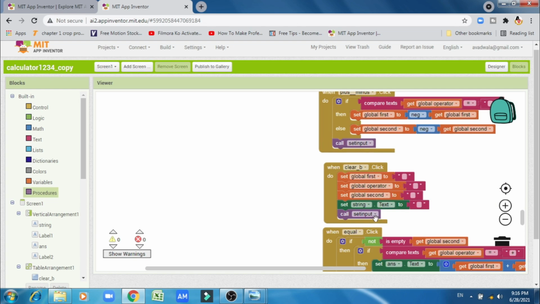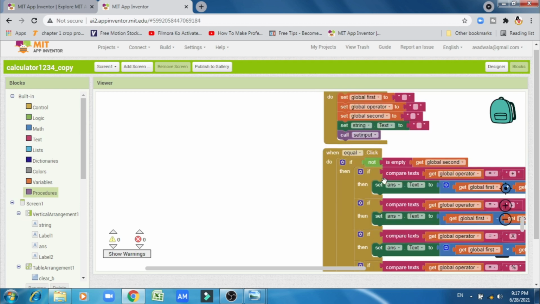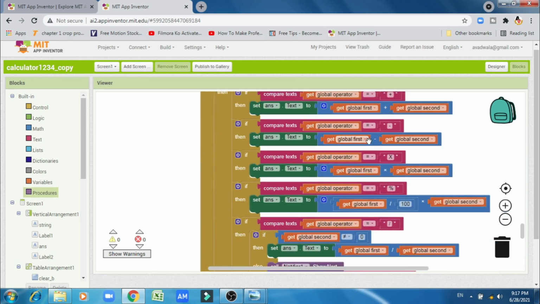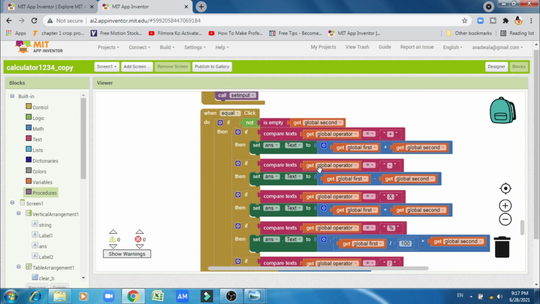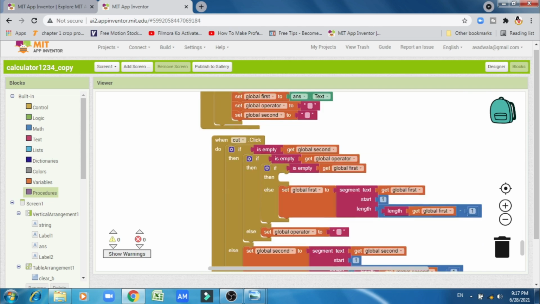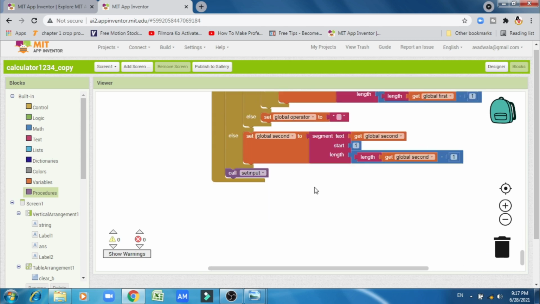All the data will erase in all the sections. Now this is the equal button. When we do an operation and enter the equal button, then the computer does that process and gives the result. And this is for the cut button.